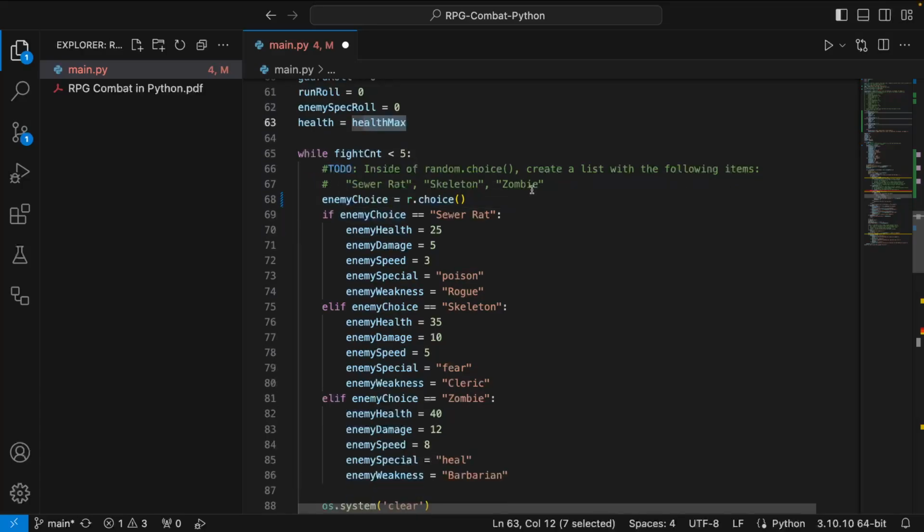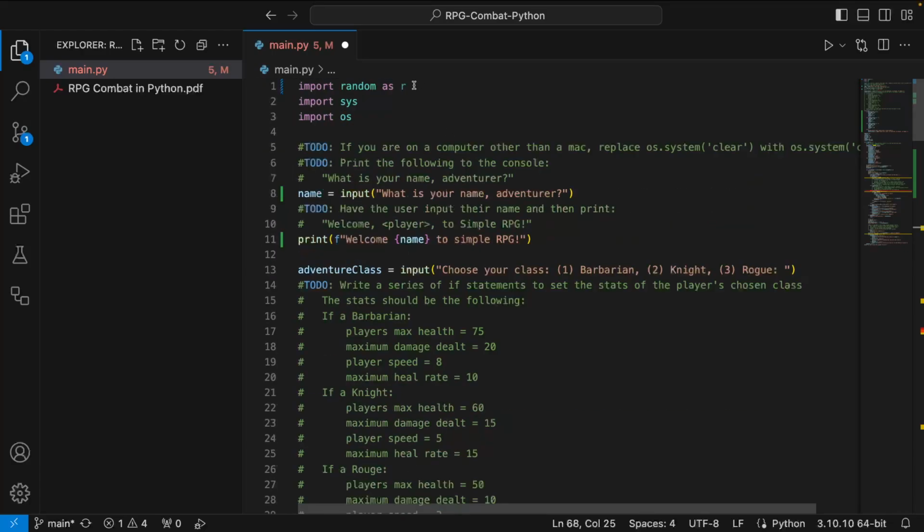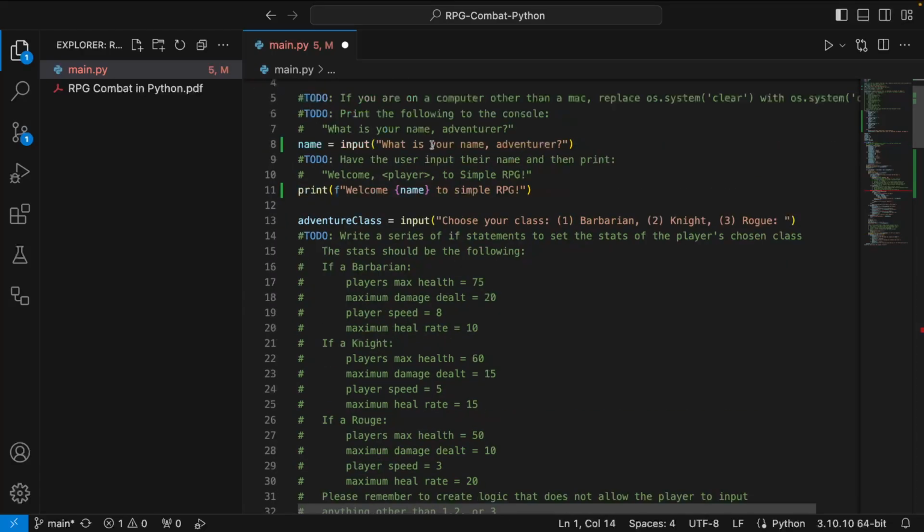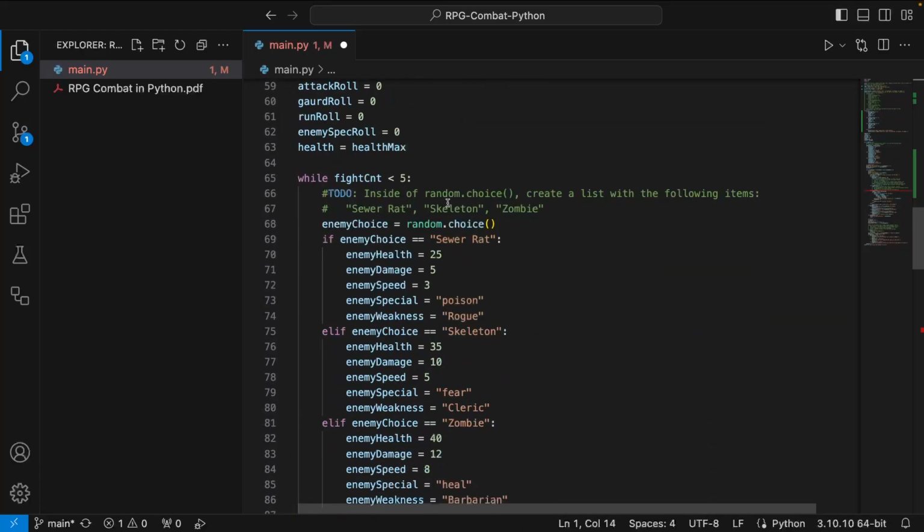So inside of random.choice, create a list with the following items: sewer rat, skeleton, zombie. So that's all the different potential enemies we could be fighting. Enemy choice is the variable, and then I have this r.choice. I was showing Tayden this earlier, but this is how you guys had it.